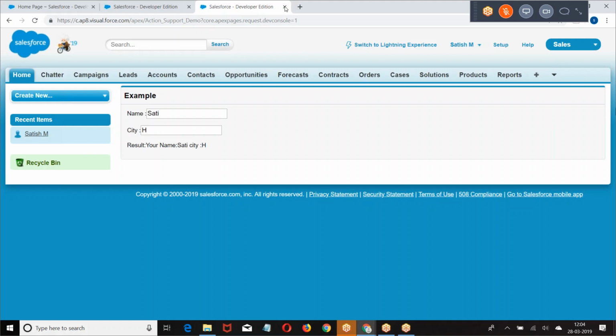Now, let us go to the next concept. What is the drawback of this? When I want to apply the same thing for 4 elements, 4 times I have to define it. Now, here I want to call the callMe method. I define action support for name. Even for city, I want to apply it, so in the city I applied one more action support. Like that, if you want to invoke a server-side action when an event occurs, within every element I have to define one action support.